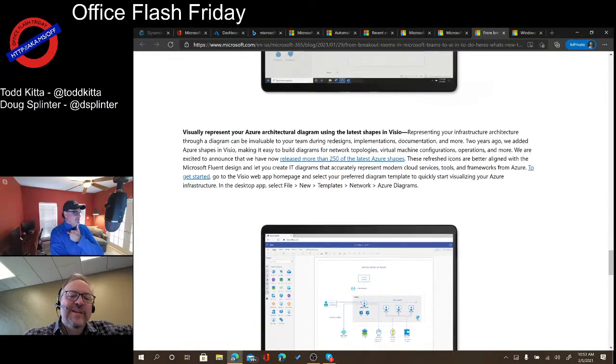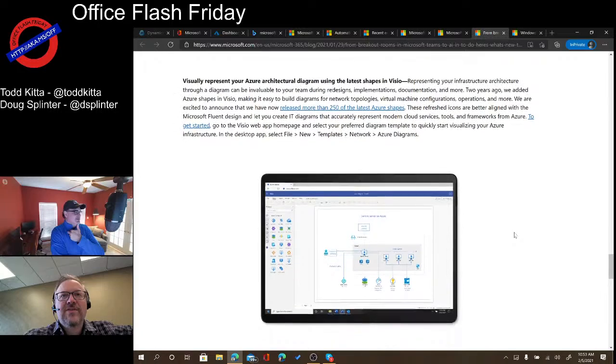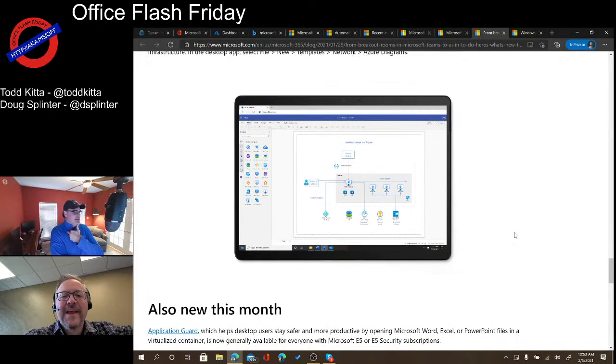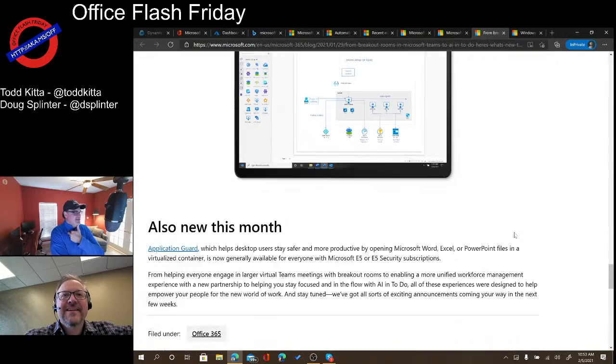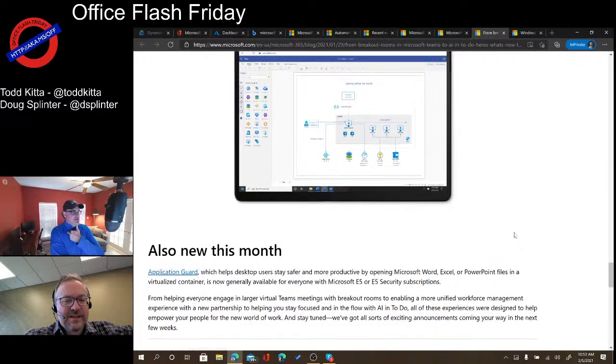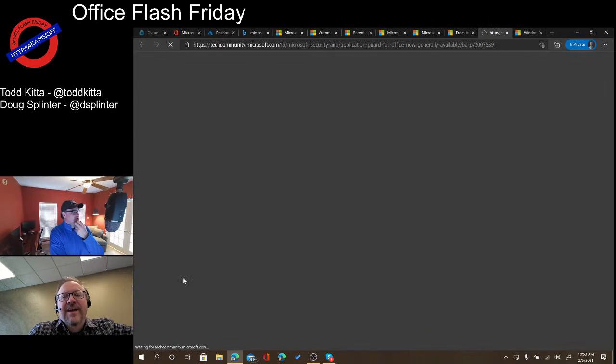I did miss this, that they released all the Azure icons in Visio. Okay. Nice. Did you see that? Like 250 different Azure service icons. They're just baked in. Is that the idea? Okay. Sweet. Over the years, every once in a while I'll go out and download the SVG PNG pack that's been available in the zip file. So it's nice. That's awesome. That's really cool. Yeah, there's interesting elements to that.